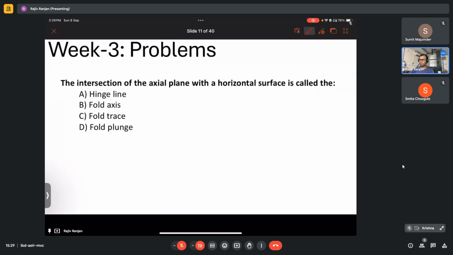Okay. The intersection of the axial plane with a horizontal surface is called